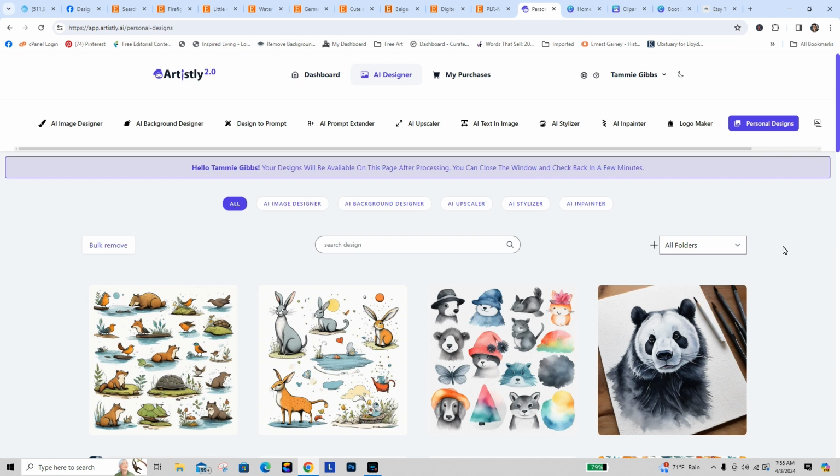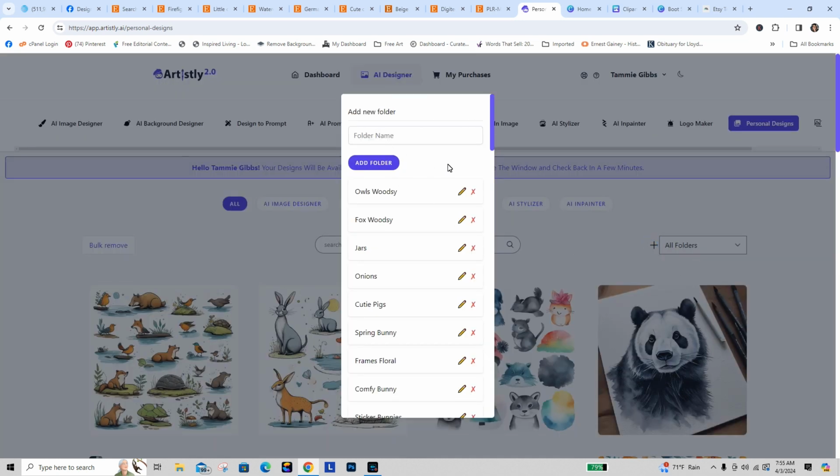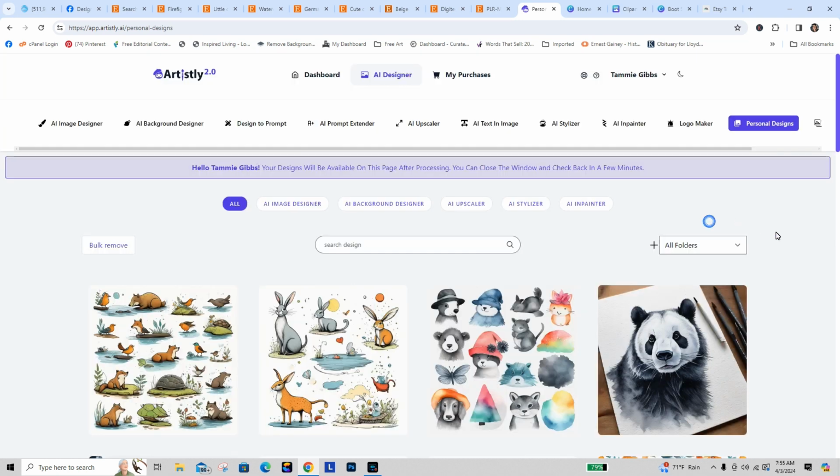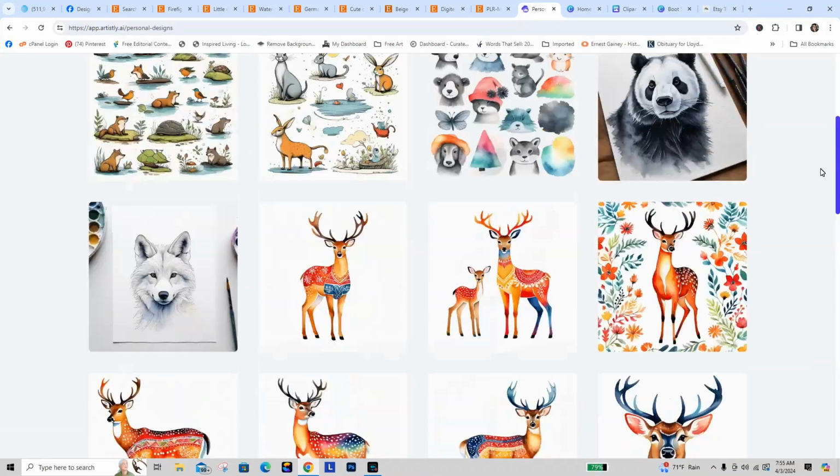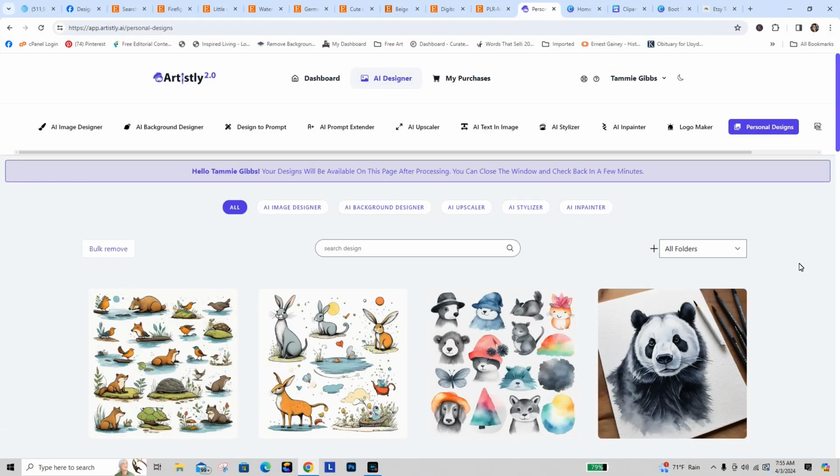But anyway, a really great thing: Artistly is still beginning. We do have folders. They did put this in where we can add folders, but I had been using the program for a long time before they added this feature, so I have loads and loads of stuff in this main folder here. So rather than go back and try to get all those into folders until they make it easier to do that, I sort of developed